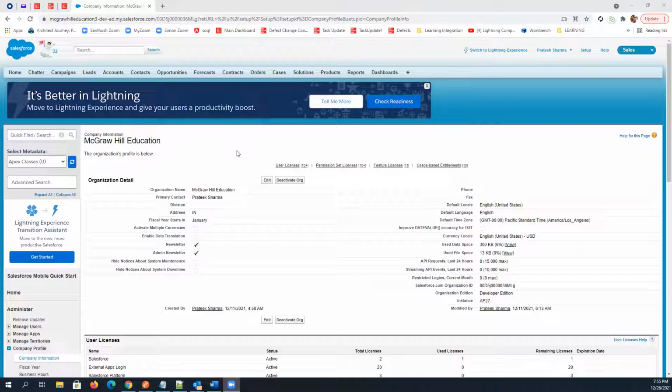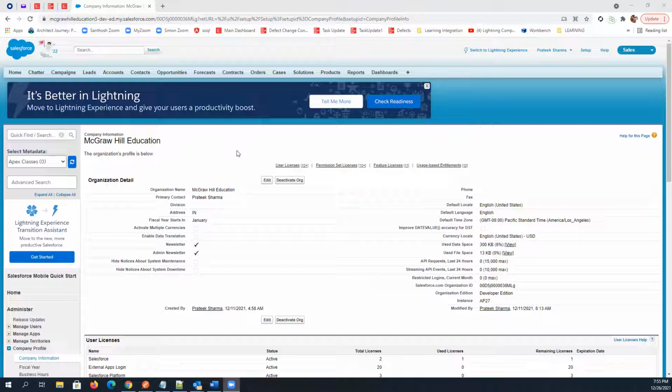Right. If you create a user, that particular user will get an email to access this org. If you assign a profile later, then the user can do anything, right? They can change anything in this org, because they will have full access till that time. That is why Salesforce made the profile mandatory at the time of user creation. So first you have to decide what access that particular user will have, and then assign that profile at the time of user creation.